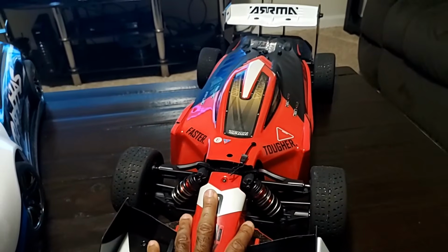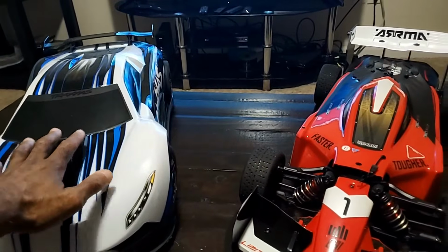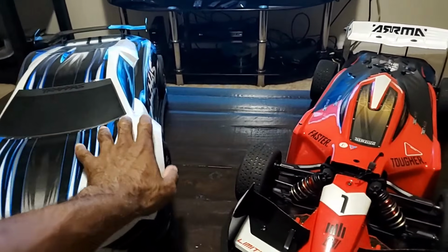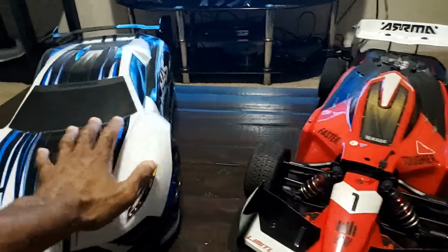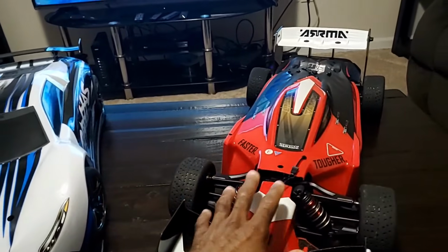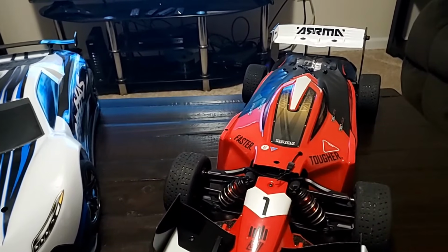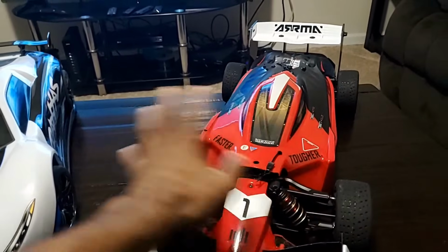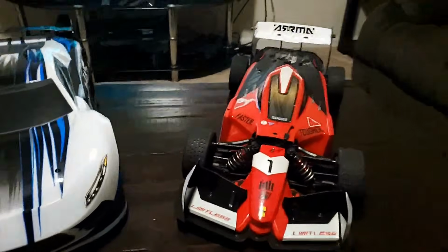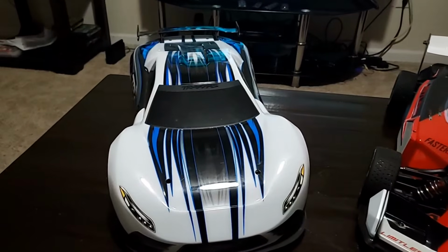Arrma does, because Traxxas still does good with their monster truck. The X-Max is still unbeatable. It's hard to beat that X-Max. And the XRT is good too. I like my XRT. So Arrma still has yet to compete with those particular vehicles. But if they do a Typhon, I do believe they'll put this motor in there and they'll probably change some stuff out or something like that. So that's just my 2 cents and my prediction. I could be completely off and wrong, but